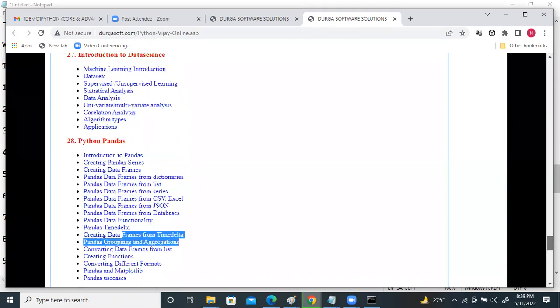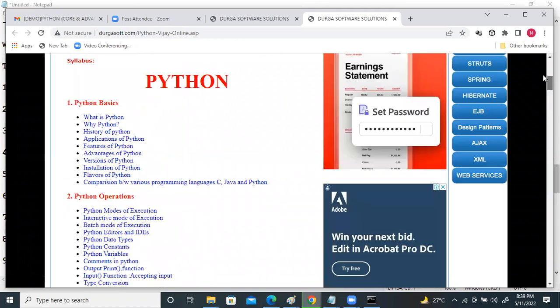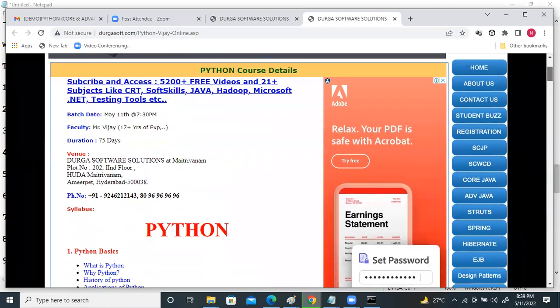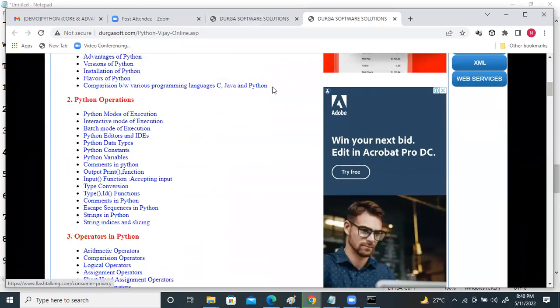Nearly 75 to 80 hours, which we discussed, for 2 to 2.5 months. This entire thing in brief, you can see the syllabus, right, which is huge. Everything I'll be typing and showing you, right? Not bringing some pre-written code and just explaining, that won't happen. So everything, how to build the code, how to develop the code, right?